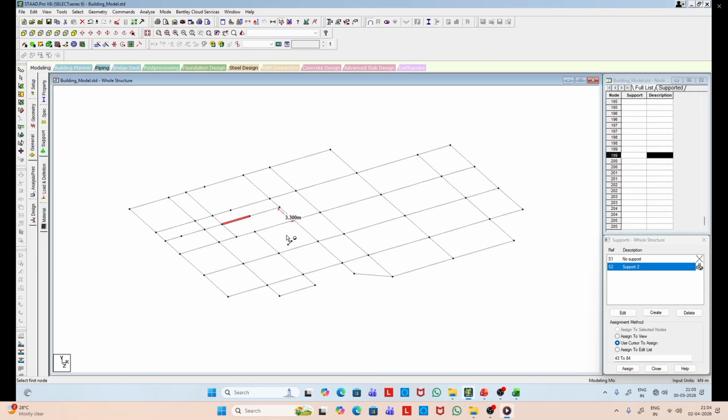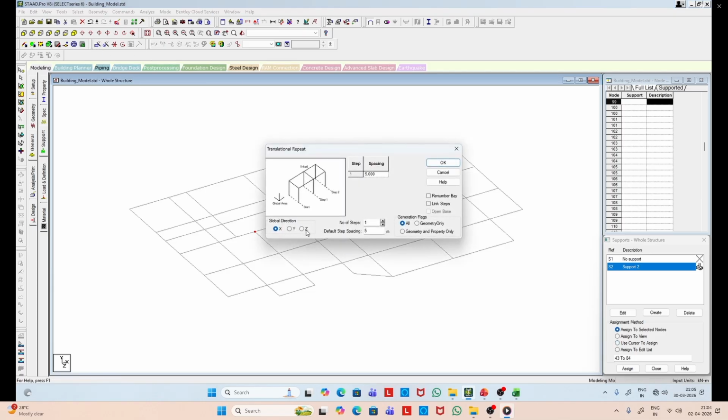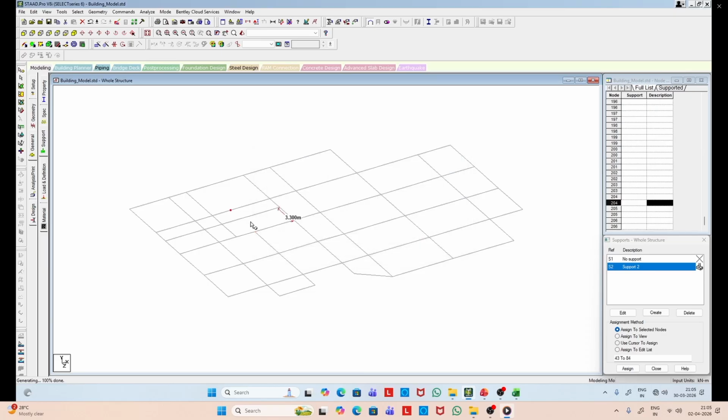So you can see the dimension and accordingly we can create the point. So now this point is created. So let us connect these points to create beams.